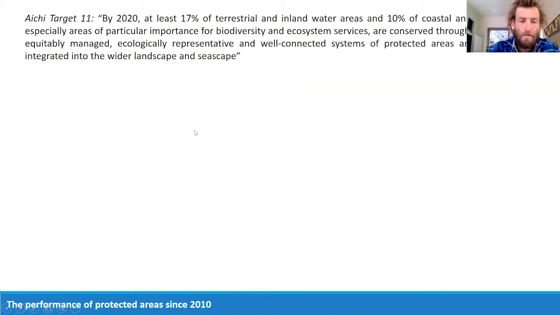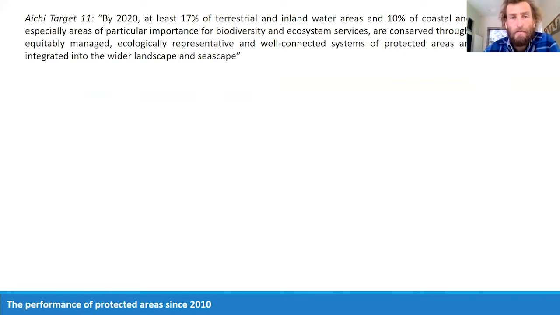So getting back to this Aichi Target 11, a lot of you will be familiar with it, but we're going to step through it the way I said, we talk about the performance of protected areas. By that, I mean, how well did nations go at delivering on this target? So by 2020, at least 17% of land, 10% of water is conserved, and we want